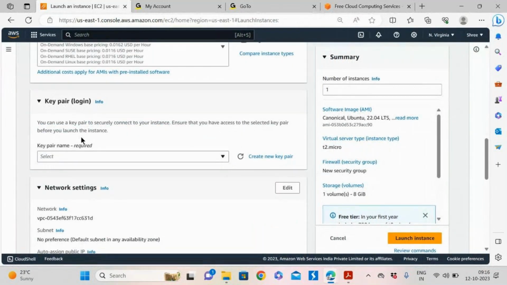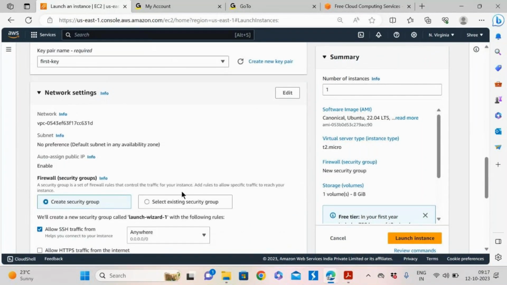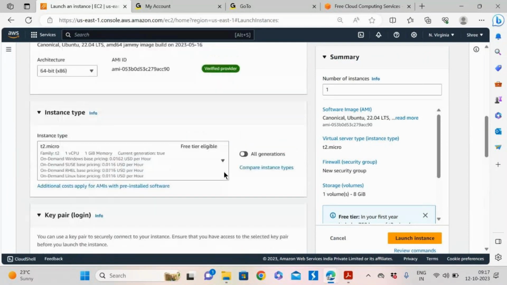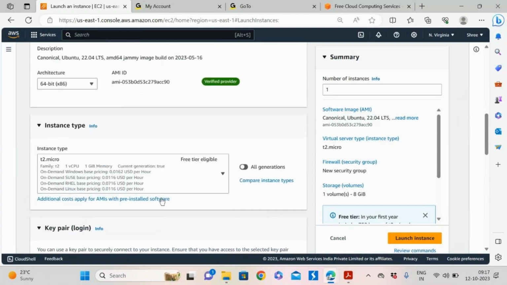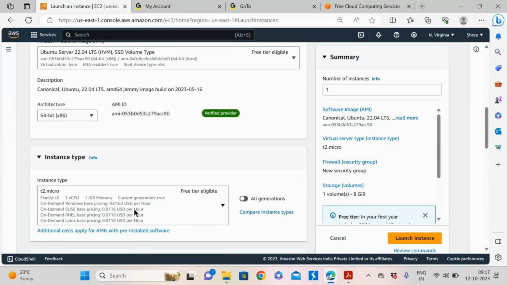Yesterday I created a key pair, and I'm using the same one. Up to here we discussed yesterday, right? Any questions on the AMI or instance type? Please feel free to ask any questions.